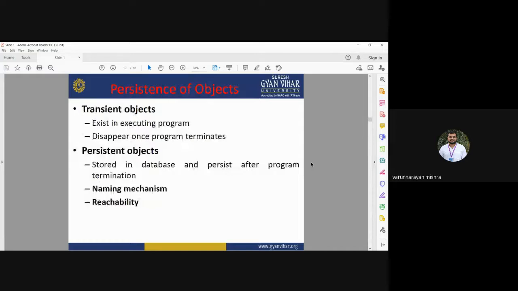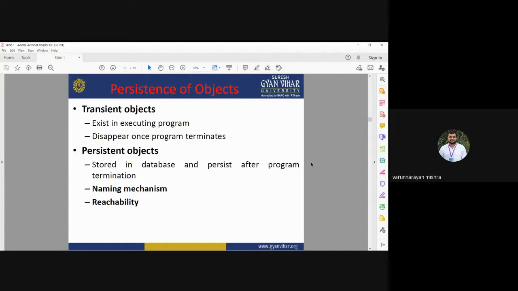Persistence of objects. In some cases, the objects are transient, meaning we cannot change or modify the object. If the objects cannot be changed, modified, or deleted, such objects are known as transient objects.